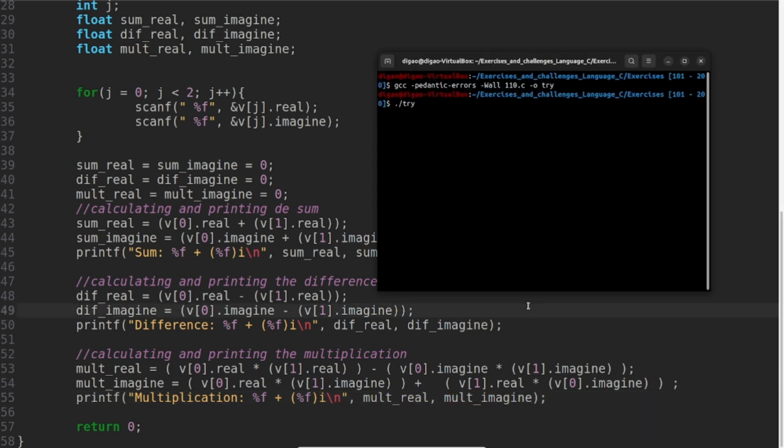So let's go to the terminal and see what is happening here. 2.7, 2.5, and 1, 2, 5.5, and